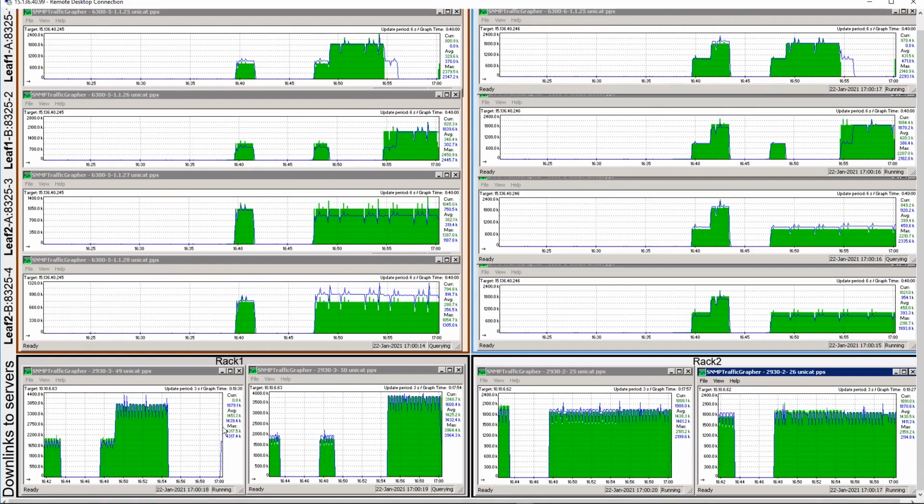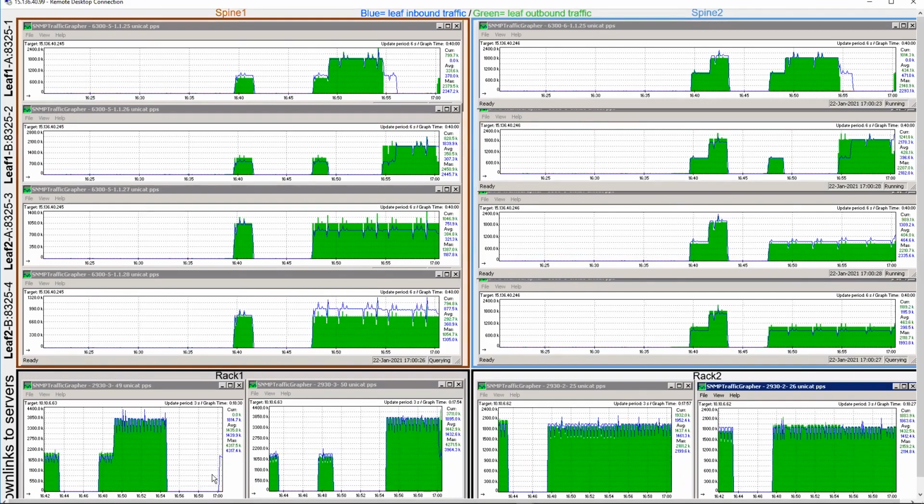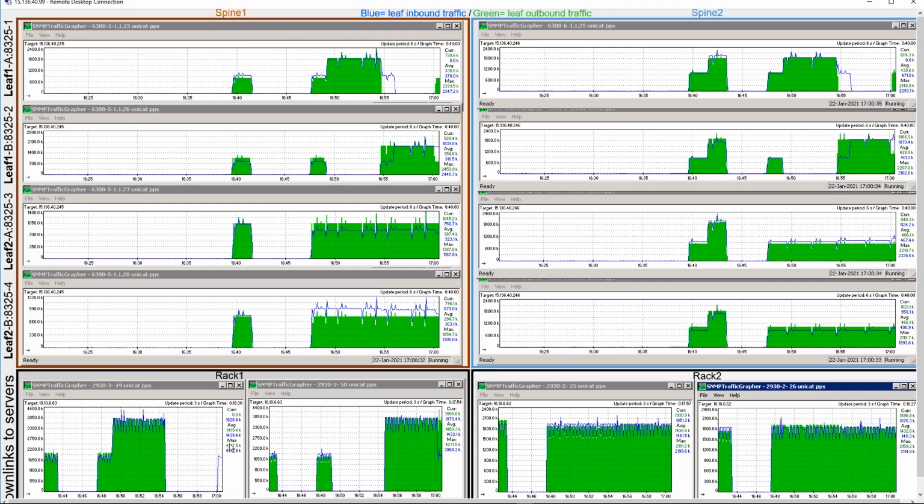And now you can see that the traffic, in blue, is entering the leaf here. So the VSX primary is now ready to absorb and forward traffic.